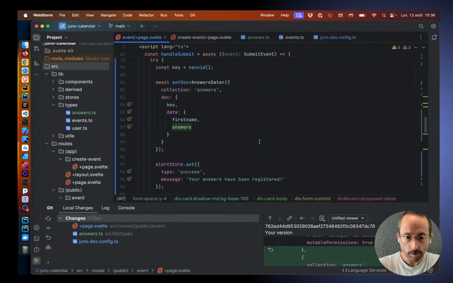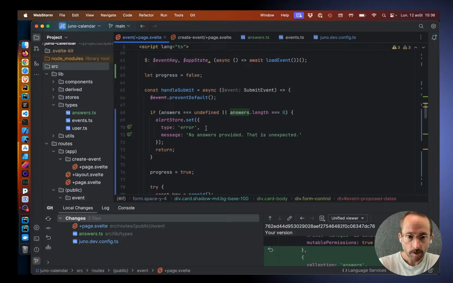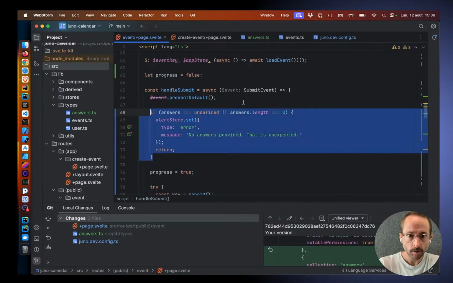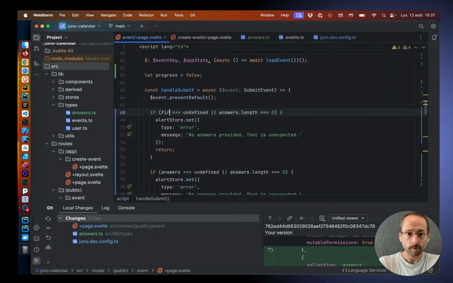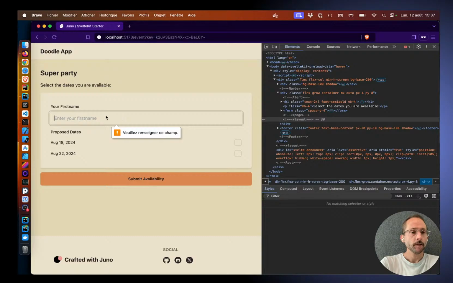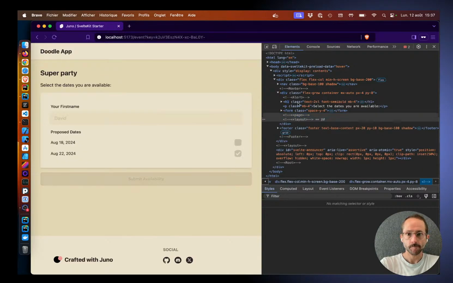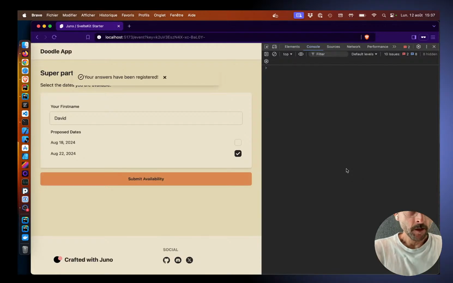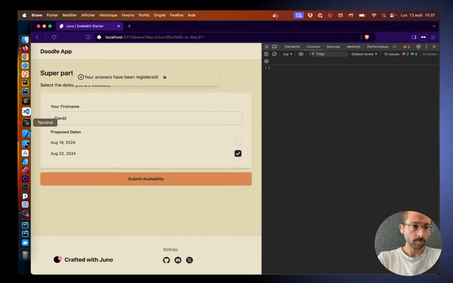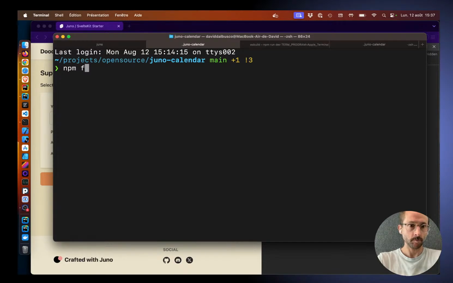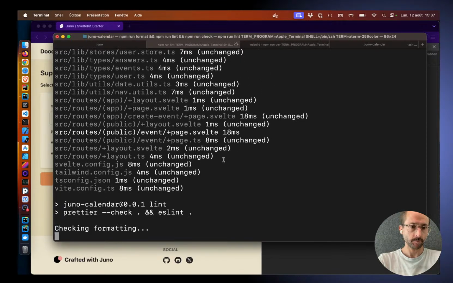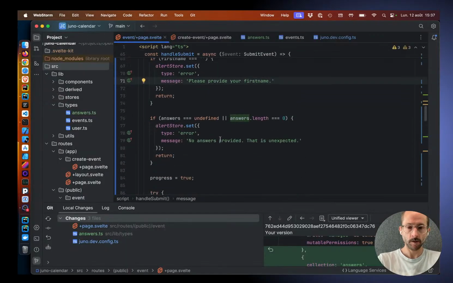Okay. And just for the state of the art, I also gonna add here first name. Oh, first name, right? Super. So just format the code. Okay, and here